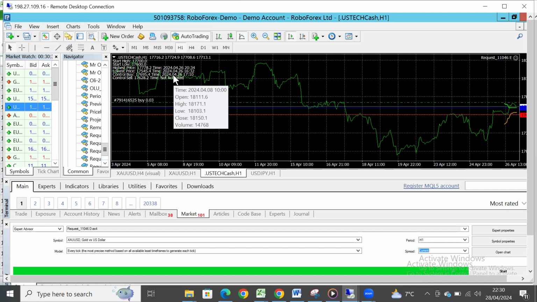Okay, so in most cases the controls are very near to the price of the extremes. So if our low price becomes the first extreme, then it's going to activate a control buy. And if it is the high price that is the first extreme, the market is going to activate